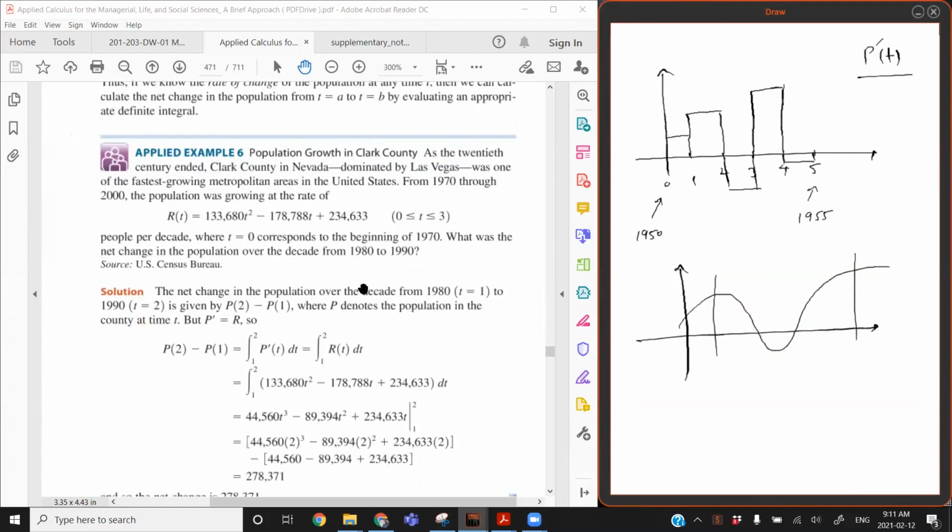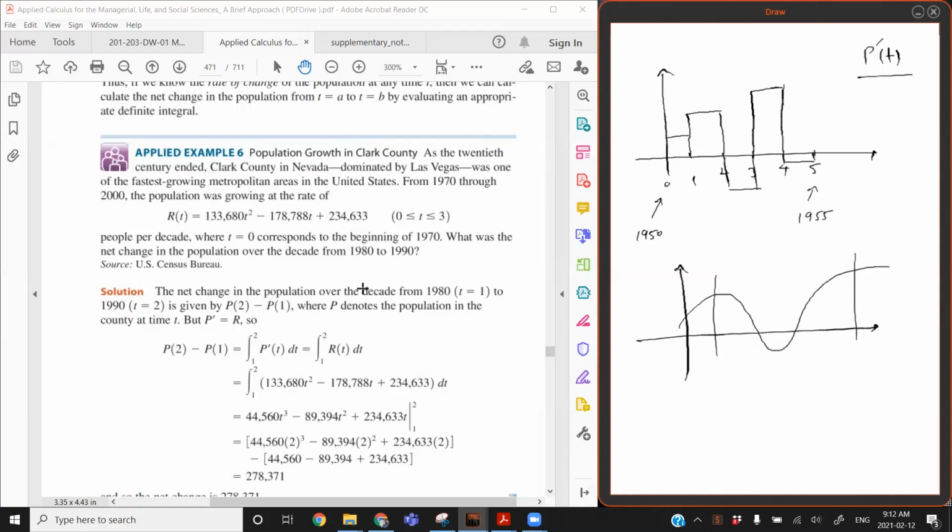Let's look at this example here. Population growth in Clark County: as the 20th century ended, Clark County in Nevada, dominated by Las Vegas, was one of the fastest growing metropolitan areas in the United States. From 1970 through 2000, the population was growing at the rate of